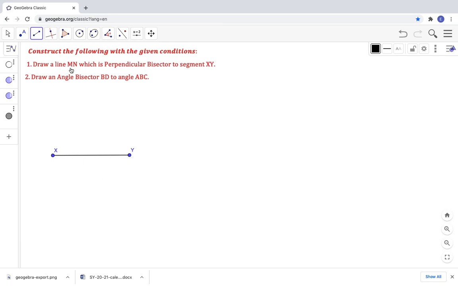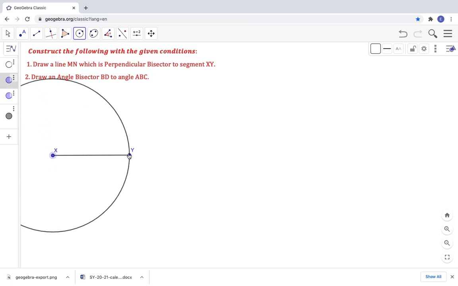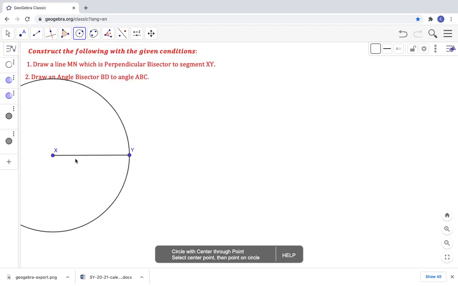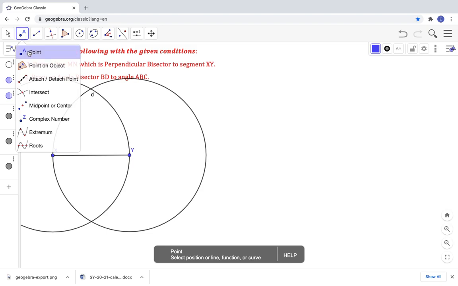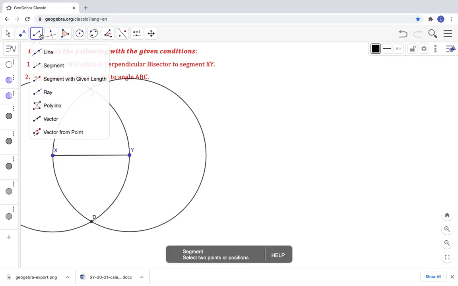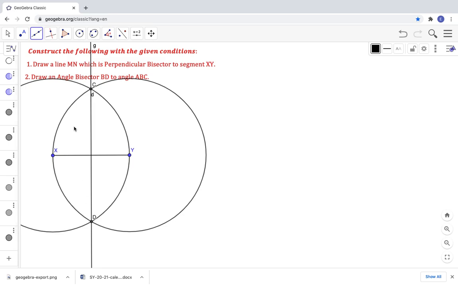Then we will draw a line MN that is perpendicular to the segment XY. Now, this circle will help us. It will serve as a guide. Actually, if we are going to do this manually and we will use a compass, we don't need to make a full circle, just an arc. But in here, we need to make a full circle from X to Y and from Y going to X, so that these two circles will form an intersection. And we need those point of intersections because our line will pass through there, and that line will be perpendicular